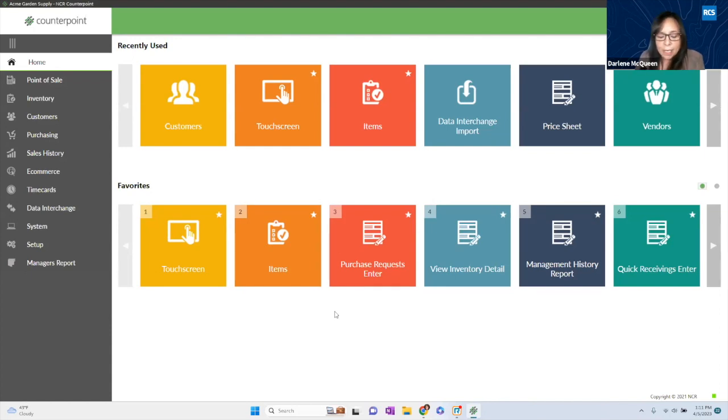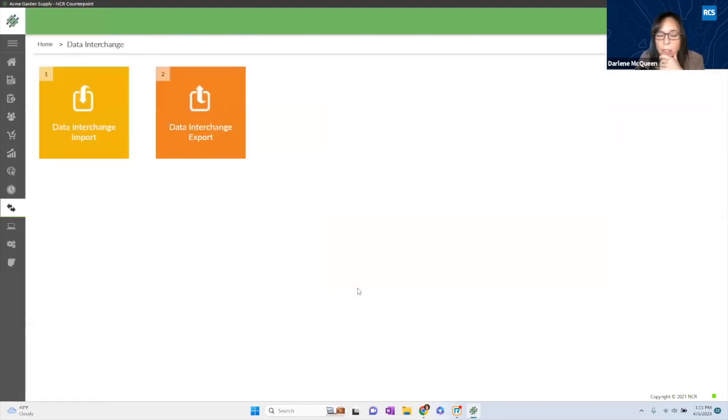First, before we do that, I'm going to go to data interchange. I'm not sure if this was on the last topic as well, but I think it's important because a lot of times what happens is you'll get a vendor item list that you're going to want to put into Counterpoint. And then once it's in Counterpoint, you have the ability to go to table view and do your bulk changes and updates. So I'm going to start with